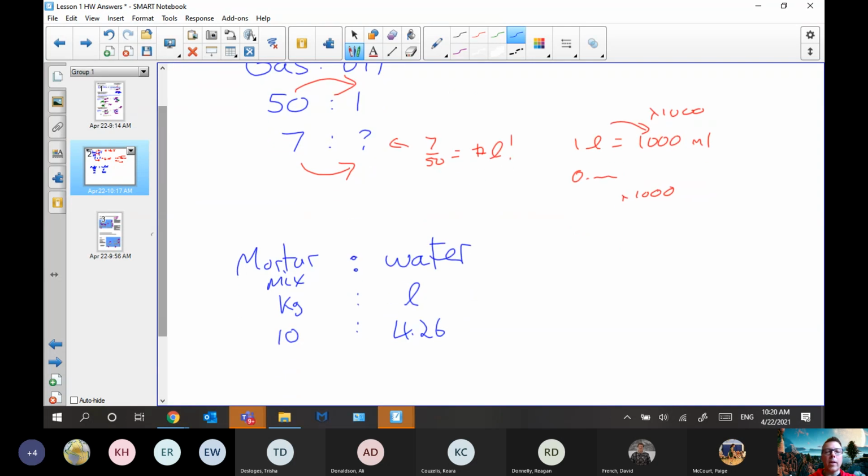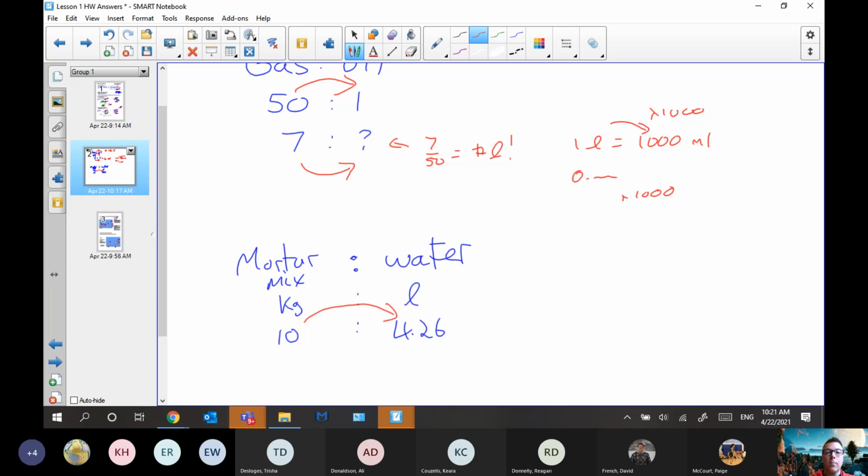So you don't have the luxury of being able to just say, oh, obviously you just multiply by 4.26 or whatever, because you have weird numbers, right? So people that don't use ratios tend to get handcuffed by either mix a full bag, or mix half a bag, or some easy fraction of a bag, so that you can easily figure out how much water. If you have ratio knowledge, then you can say, oh, whatever number of kilograms you want to mix, you can just get the value,